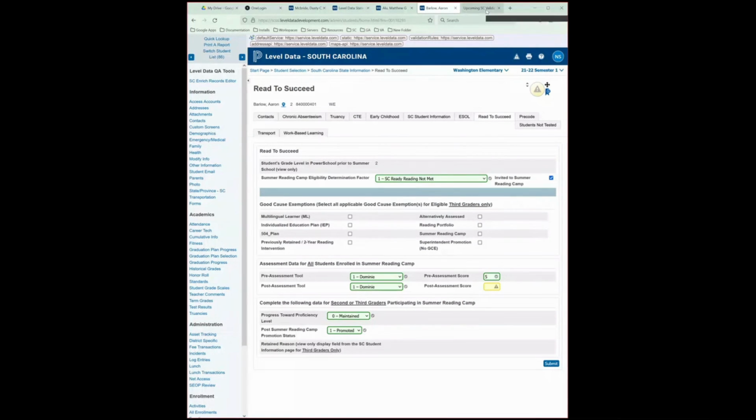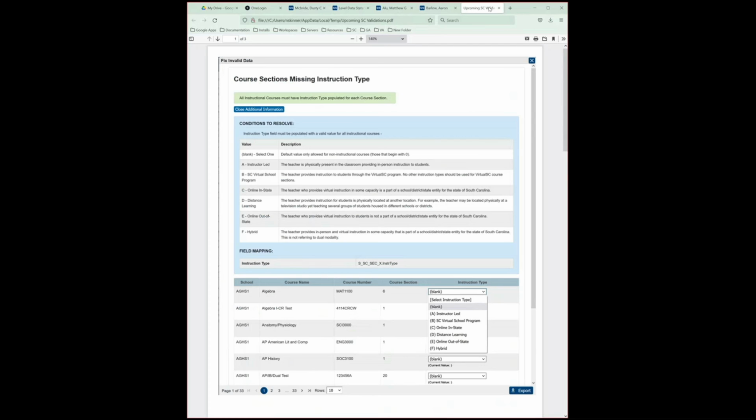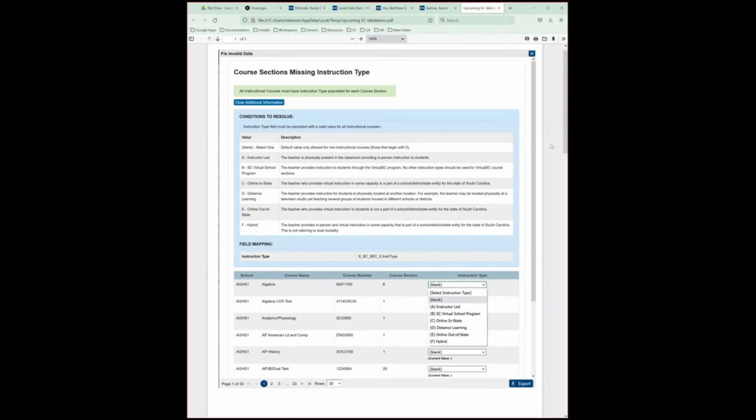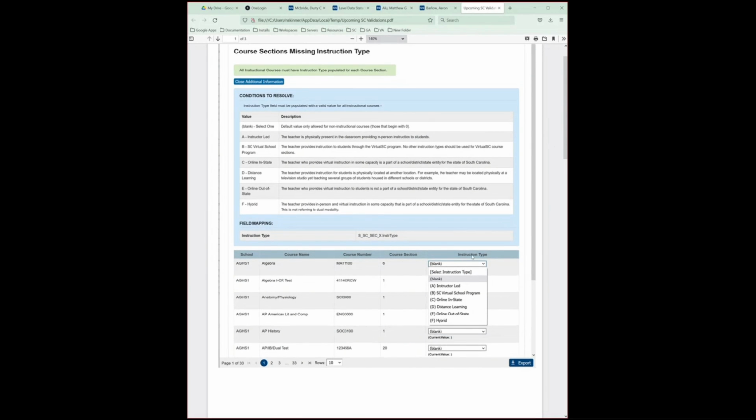And just as a little preview of what's being released with our weekly Thursday release this week, there is a new state data validation for course sections missing instruction type. Since instruction type is now a required field, we are looking at those course sections that do not have an instruction type and are going to flag them in our validation.